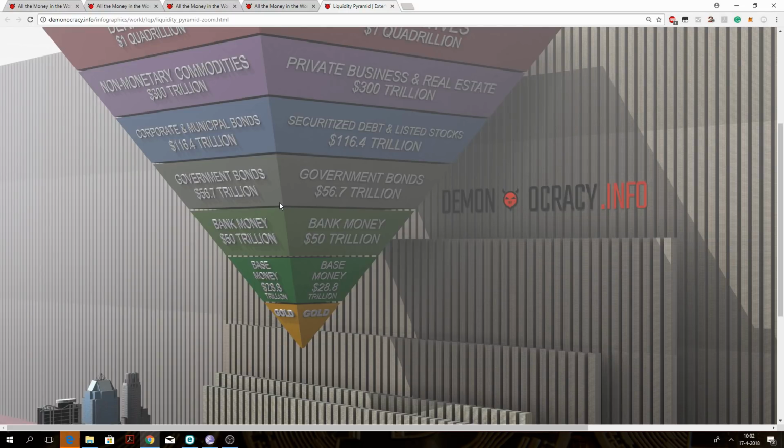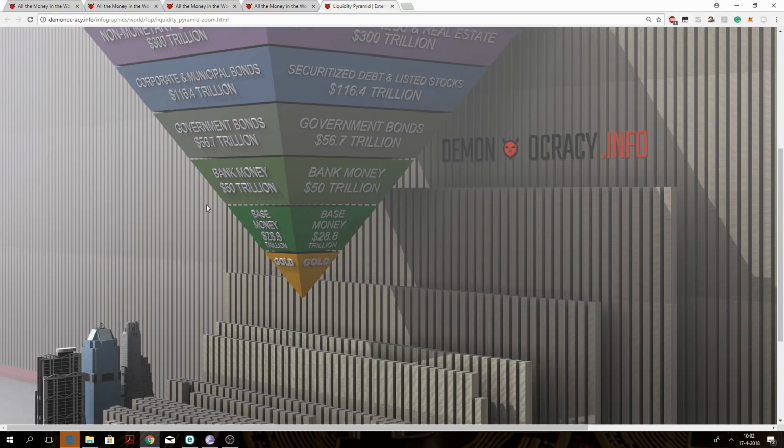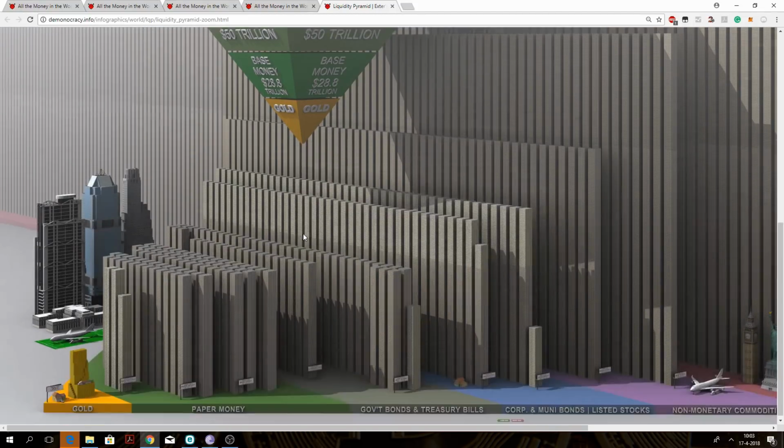Governments can always pay back your bonds, because they can print the money, so that's relatively safe. What they cannot guarantee is the purchasing power of that money. Next, you have your bank money, your paper notes. Of course, that's relatively safe when there's a financial crisis. Cash in the hand, it's okay. And then you have your gold, which will always retain its value. And then right here on top, there should be a little triangle, according to me, called Bitcoin.